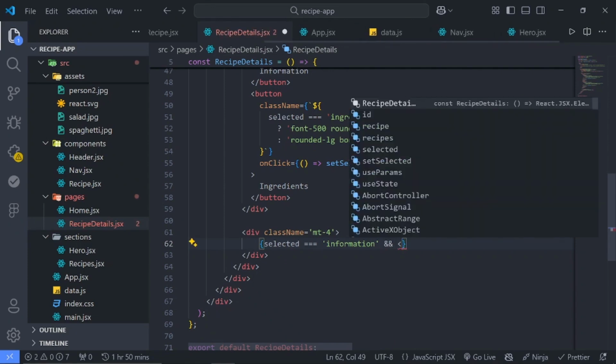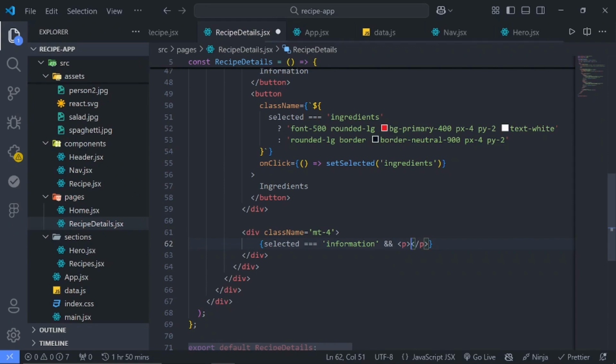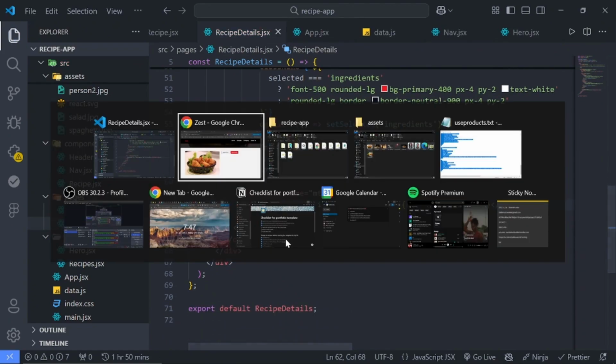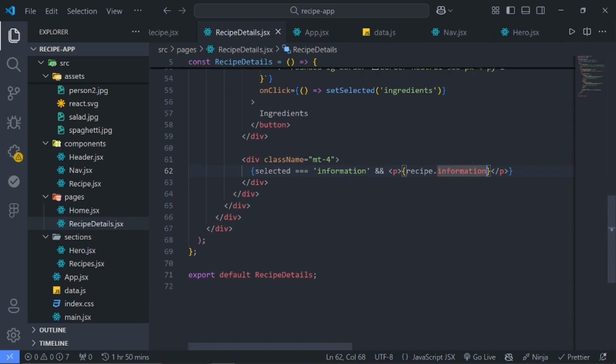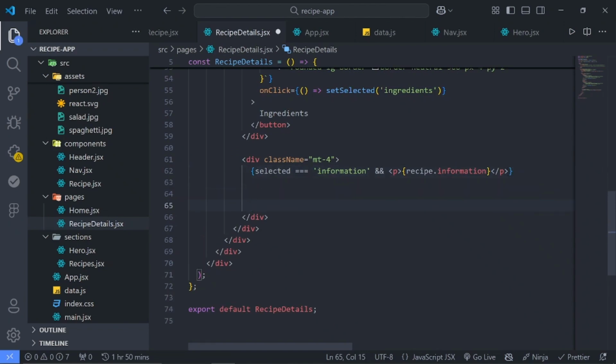It should be a p tag, set it to recipe.information, which will show us the information. Then for the other one, we can just say if selected is ingredients,